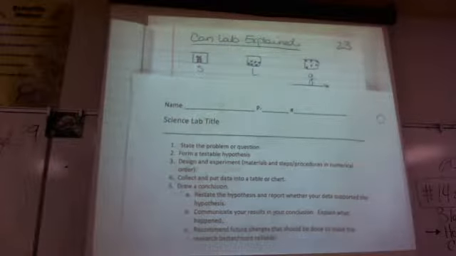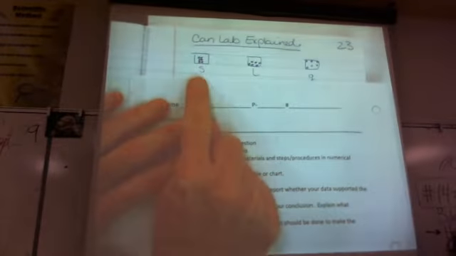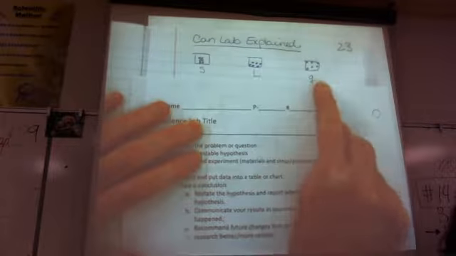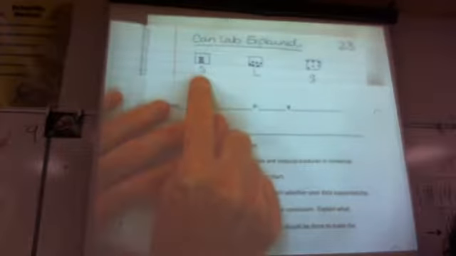Okay, so we have our solid, our liquid, and our gas. What changes a solid to a liquid? What are we doing? We're adding energy. As we add energy, those molecules start to separate and move around more. Move around even more. So you are increasing the energy when you go from a solid to a liquid to